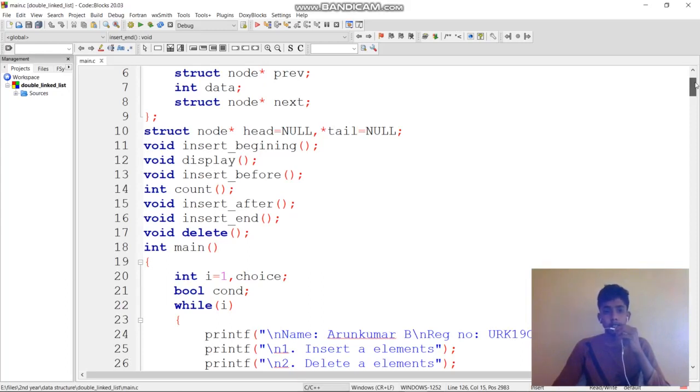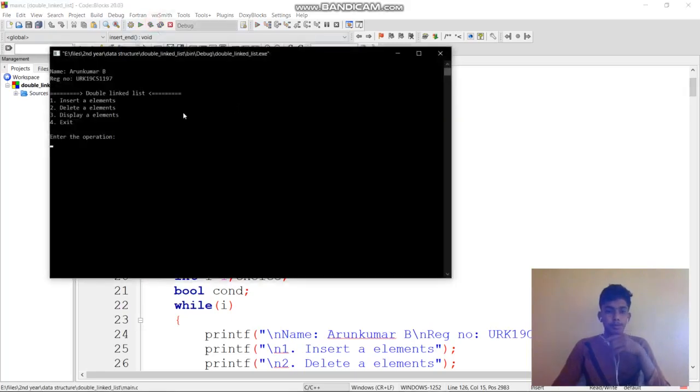Now let us see the output here. The menu has insert an element, delete an element, display elements, and exit. Four options have been created, and the first operation is insert. Now I am giving the first operation, that is one.